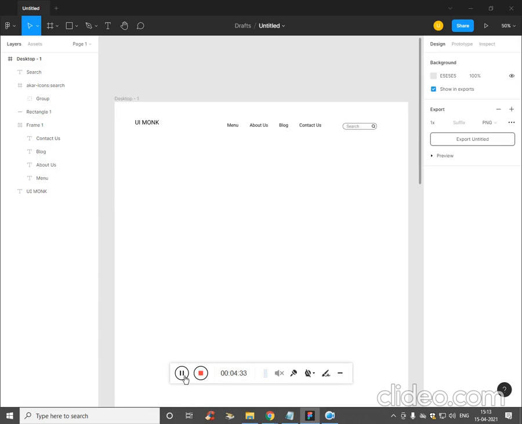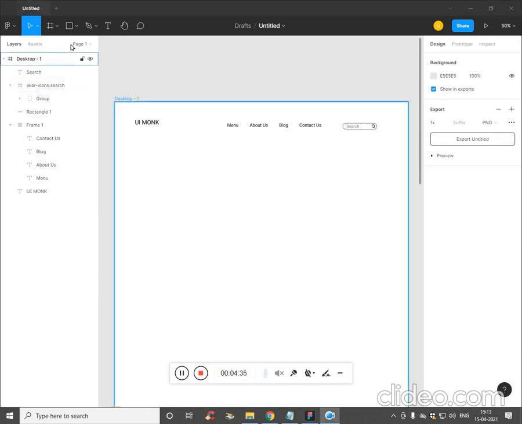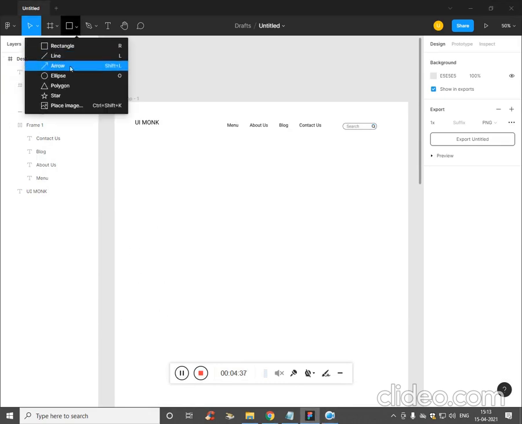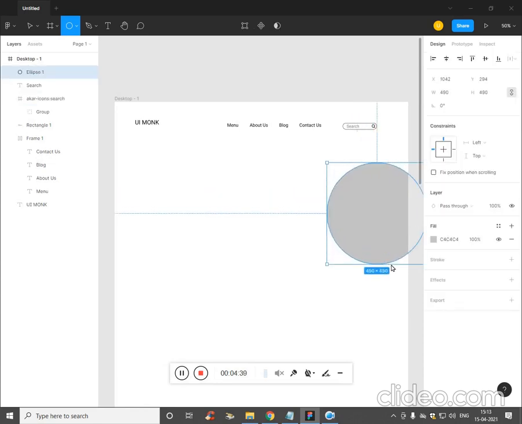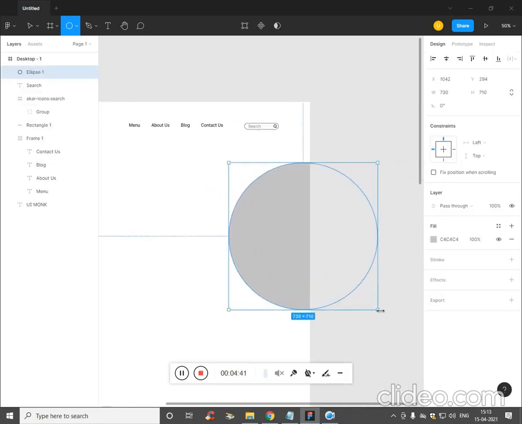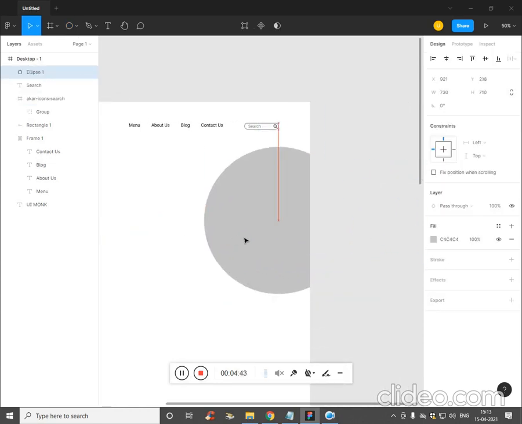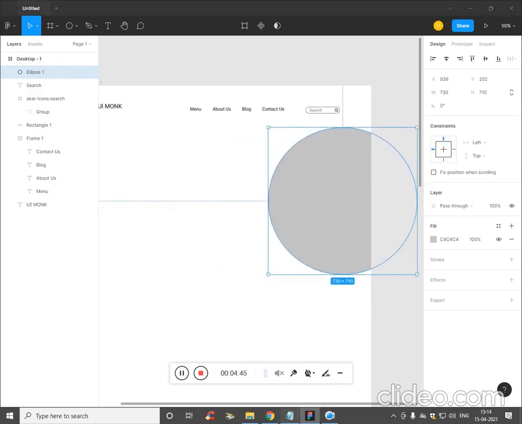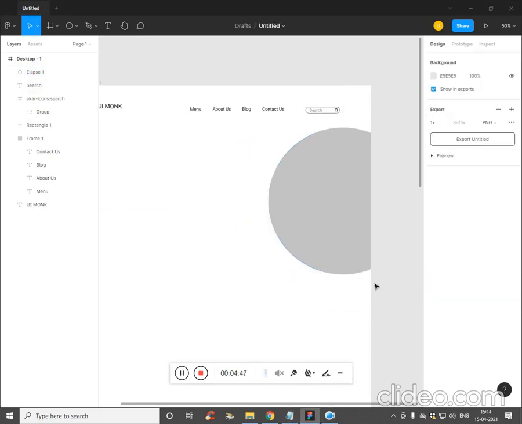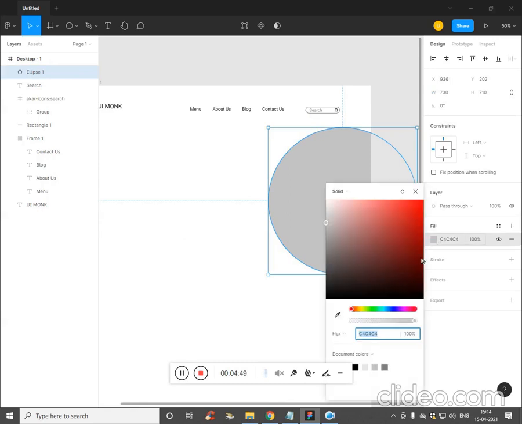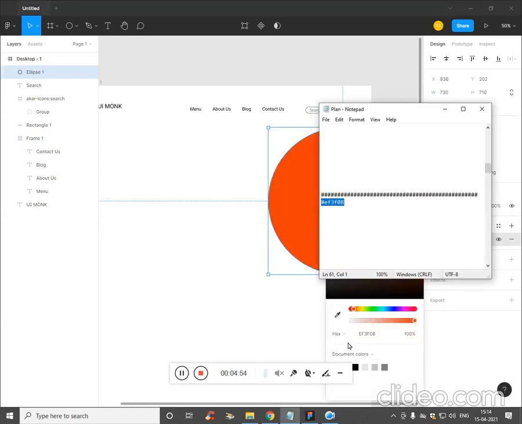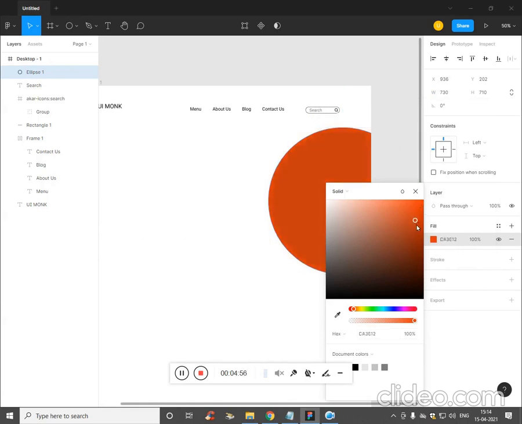Now let's work on the image. We'll add a blob-like shape. Click on ellipse, drag, and let's fill it with this color. Select the rectangle, select the ellipse, and here you go. If you want, you can change the color as you wish.